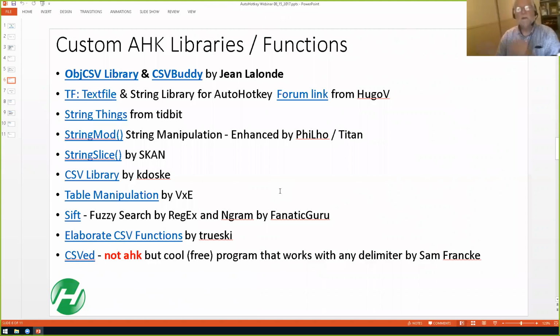Interesting. CSV Buddy is more of a user interface GUI tool. But CSV Ed is a command line tool. Well, but I mean, it has a GUI. Yes, but you can use it. Okay, just making sure. Yeah. Yep. Cool. I didn't know that. I only used it when I just had a specific need and had to pop open a file real quickly, or I had to give it to somebody else, right, to do.